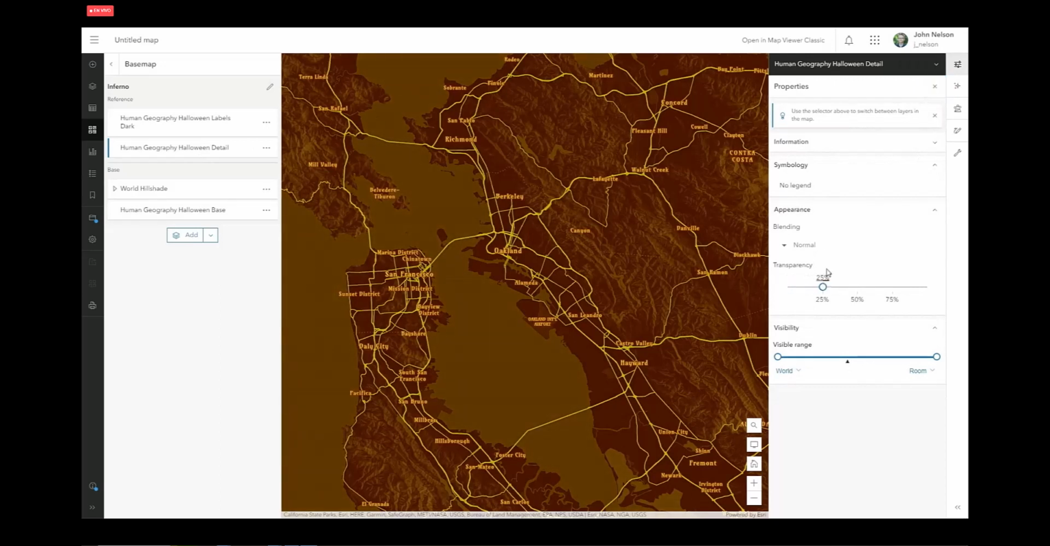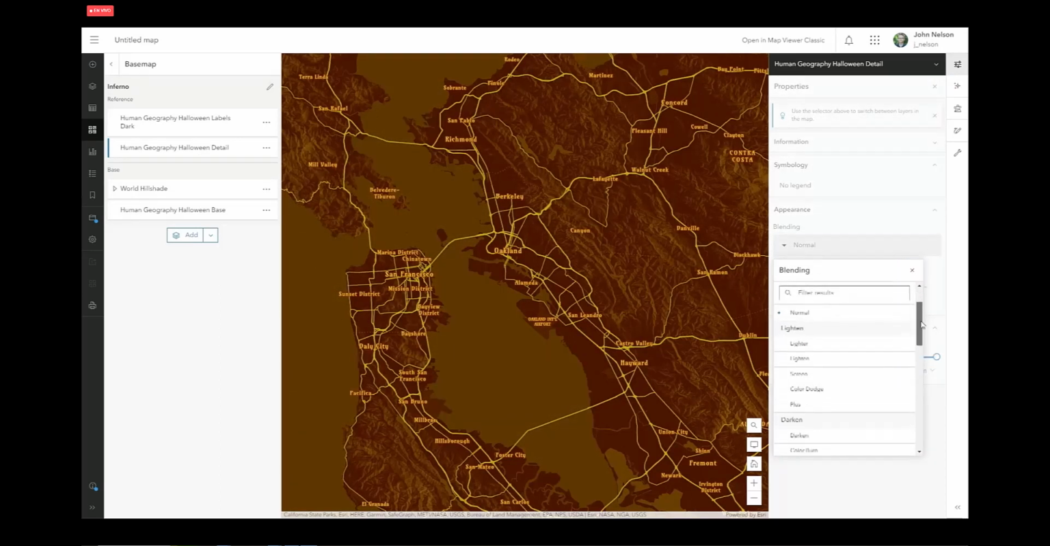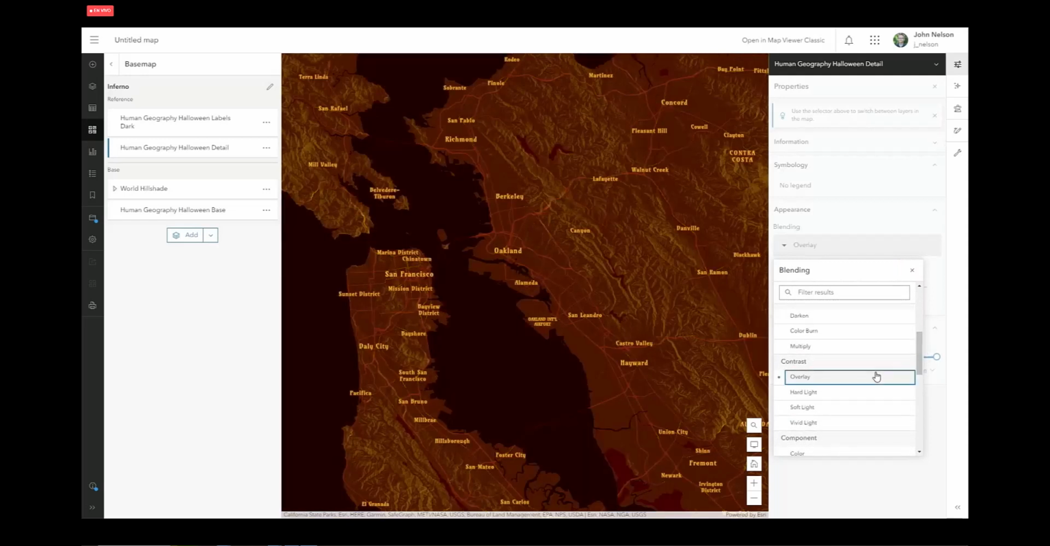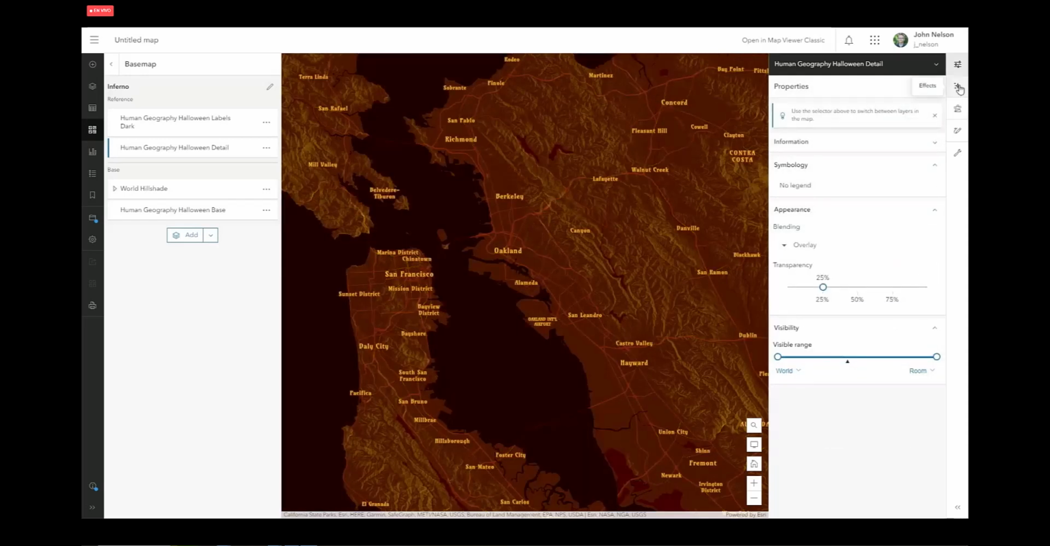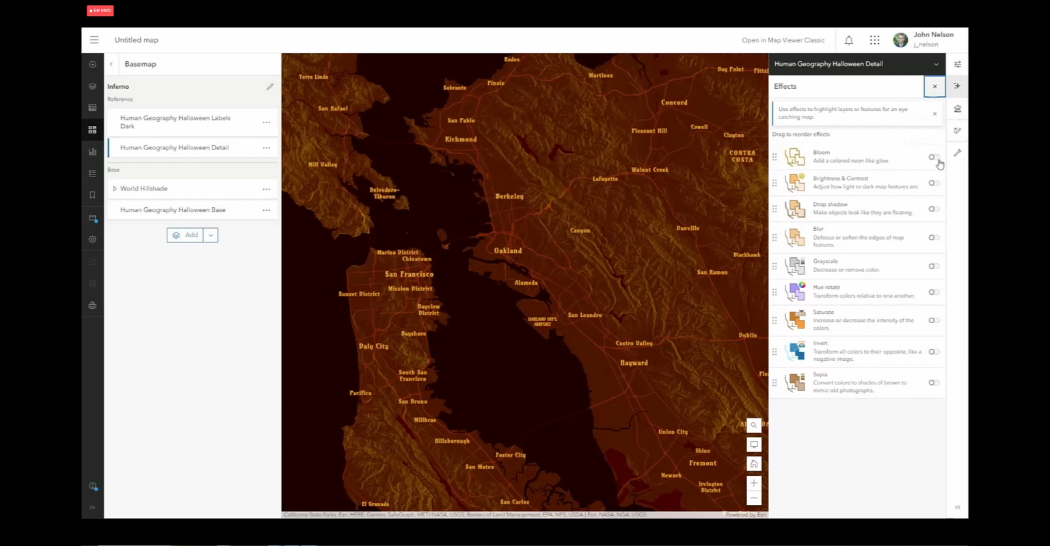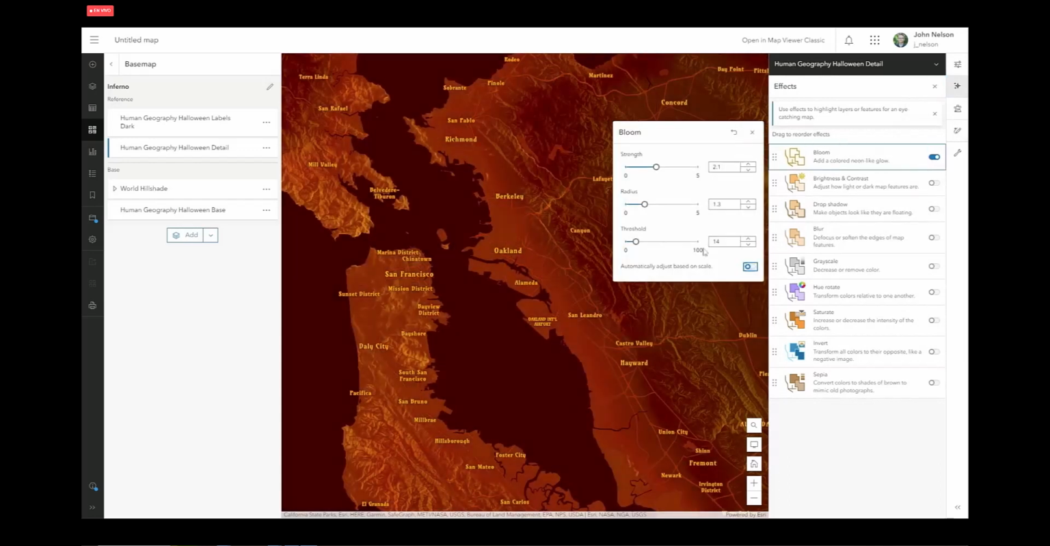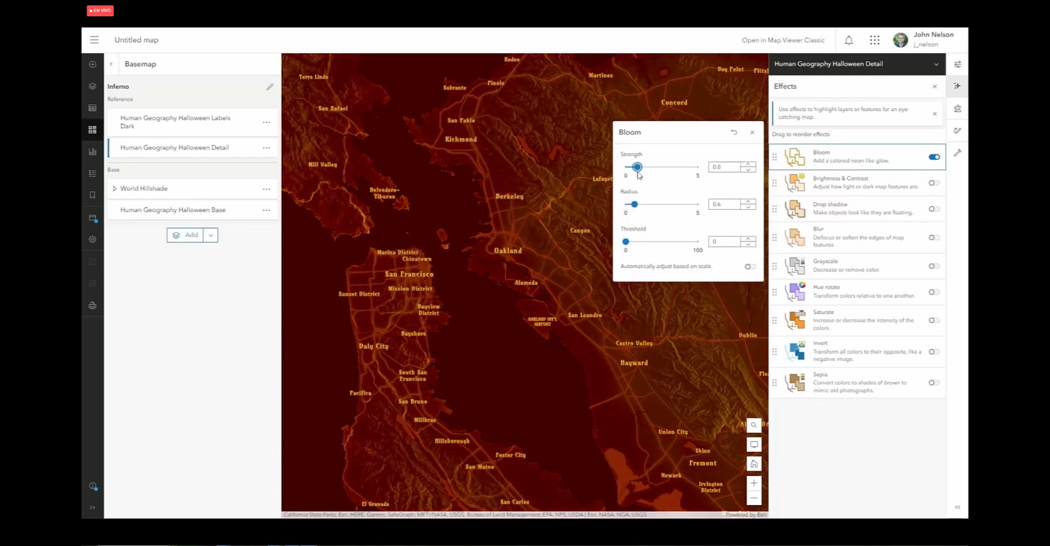So for the detail layer, I'm going to push it back, and I'm going to give it a blend mode. It's all blend modes and effects all the way down, folks. Overlay to darken the oceans, and I'm going to give it a bloom because it looks cool, and I'm going to play with these sliders wildly and irresponsibly until I get something that looks like the edges of the sea are kind of a little bit